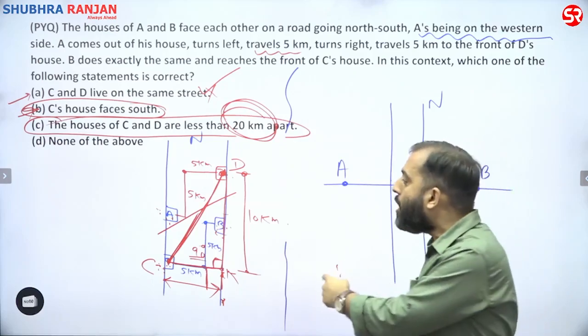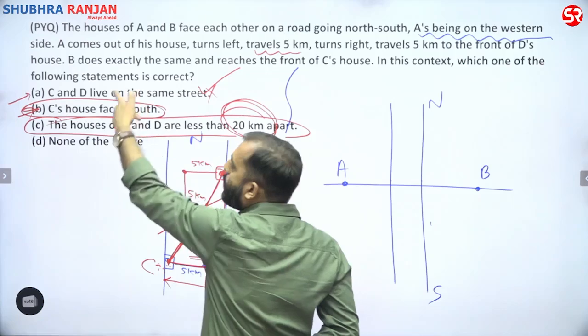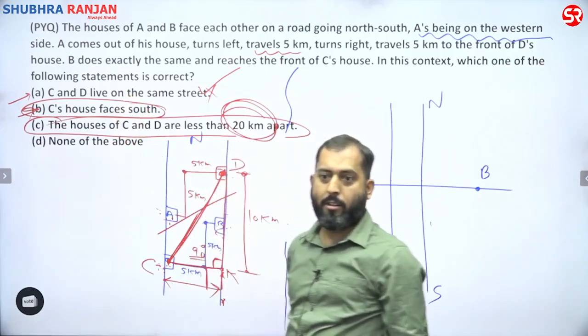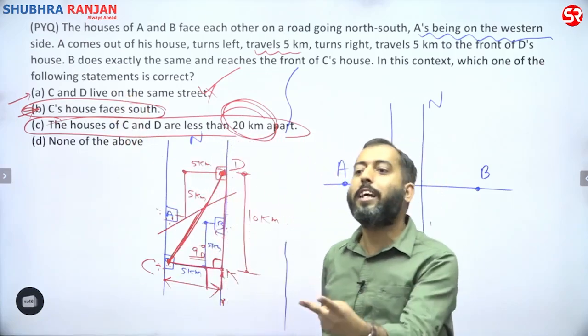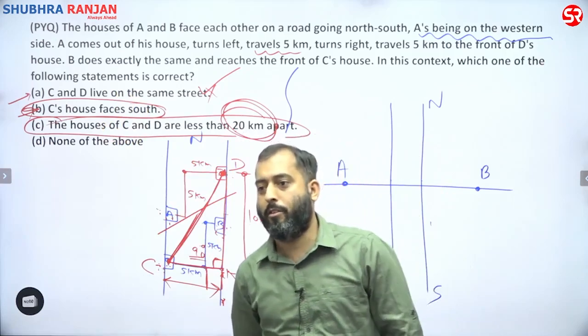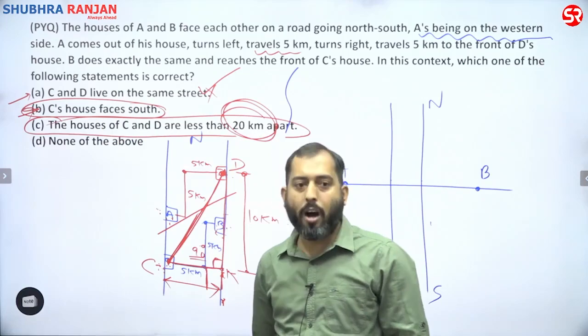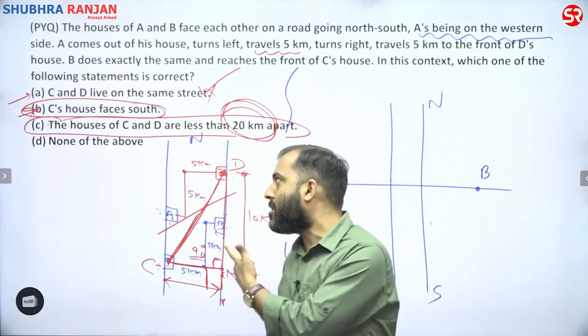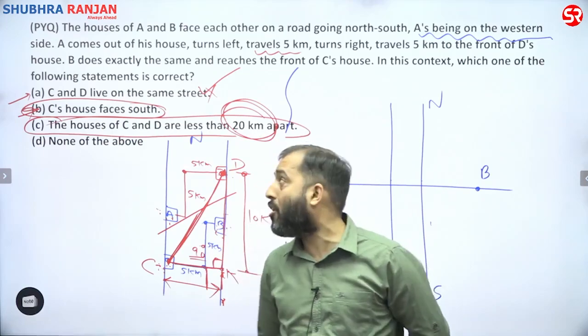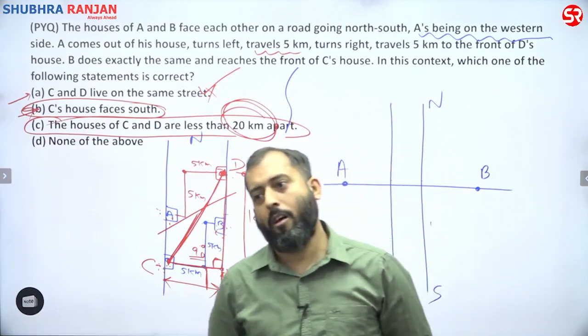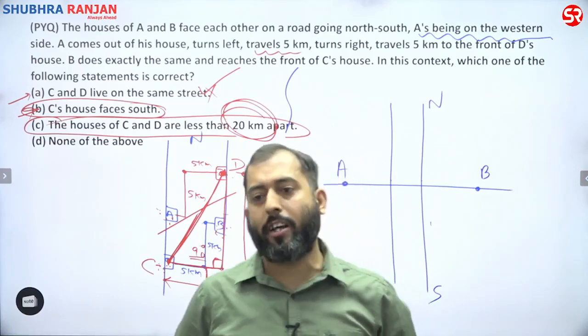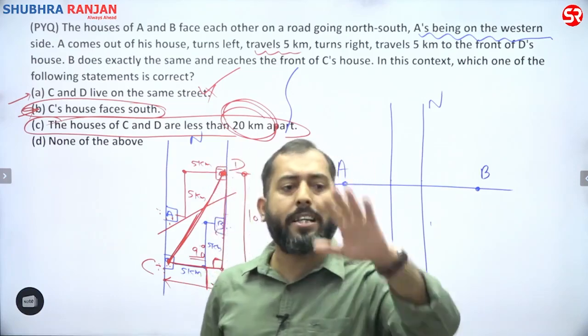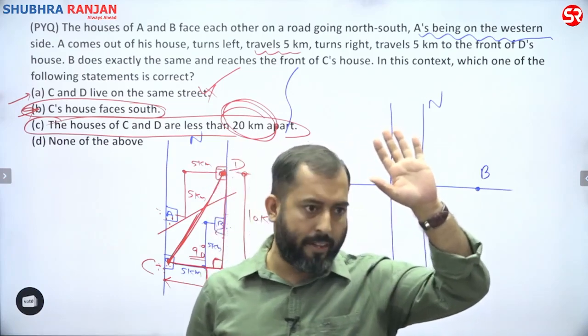If we assume, then according to that two answers are possible. How can two answers be possible in UPSC? So what I feel is that the answer to this question has to be none of the above, because the distance is not given, but still I am open to your reasoning as well.